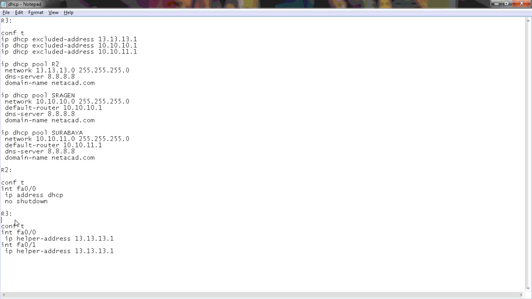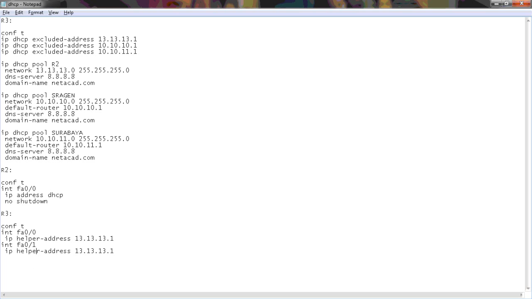On R1, we access the interfaces to the LAN of Sragen and the LAN of Surabaya. FA00 is for Sragen, FA01 is for Surabaya. We just put this command, IP helper-address, which is the IP of R3, the DHCP server, and this is also the IP of R3, the DHCP server. Just a simple configuration, just one command, one line. It's very easy.